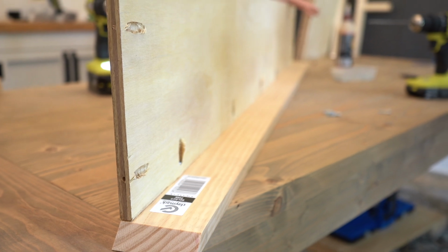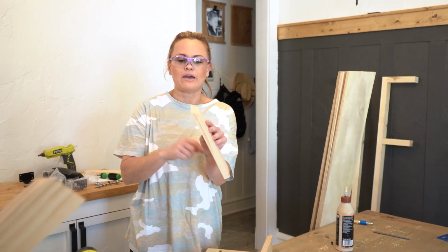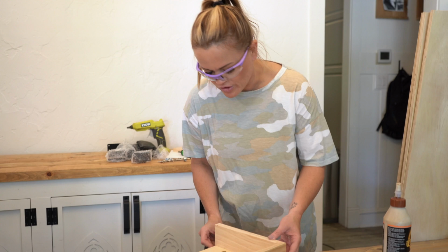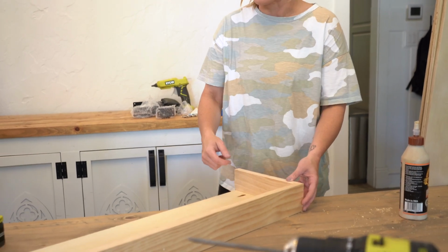So now we're laying it flat and we're gonna add our sides. These are mitered at 45 degrees and so is the front. I did all this before. You can see it in our free plans. But we are just attaching it with wood glue and with the pocket hole screws through the 2 side pocket